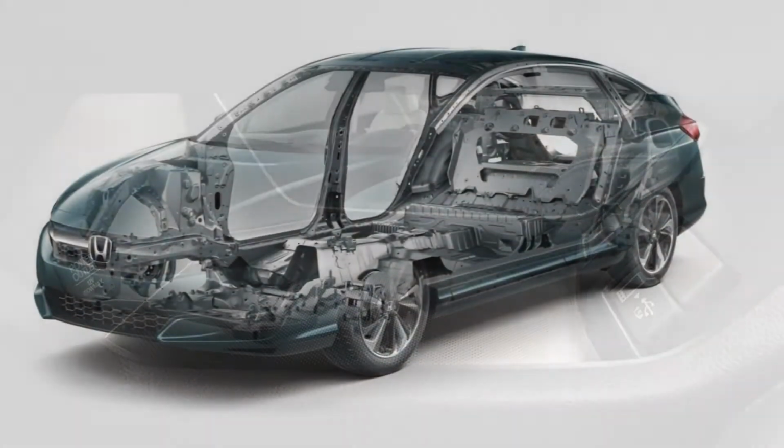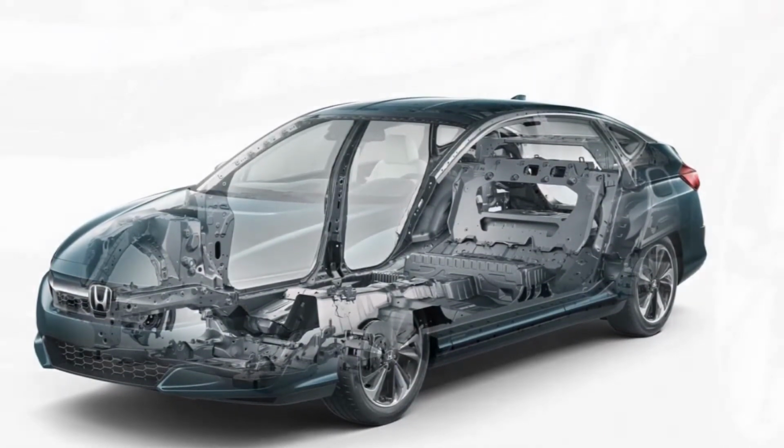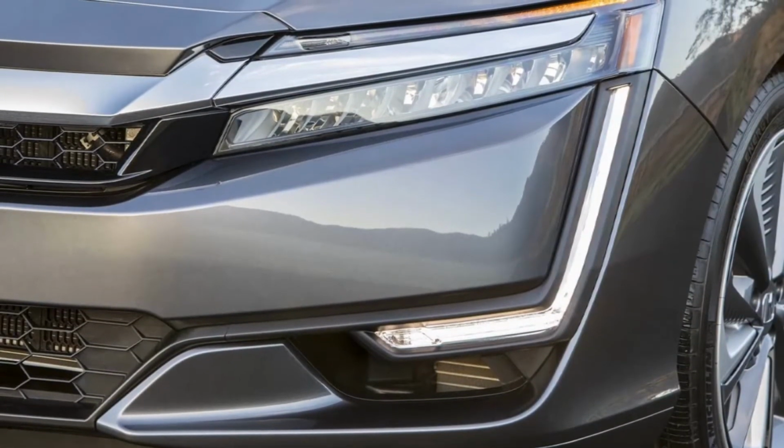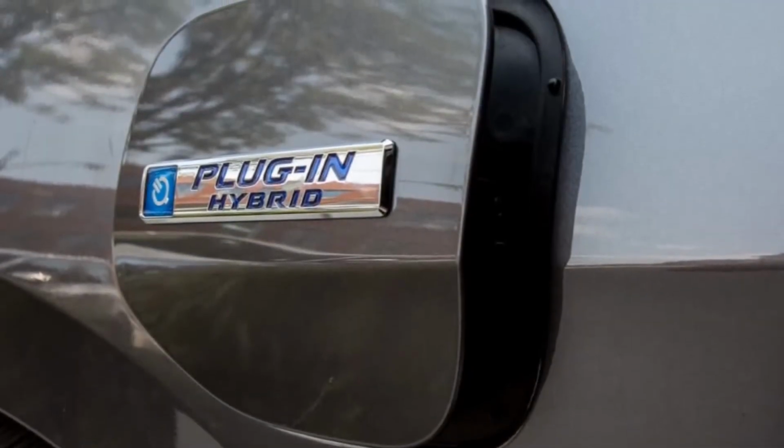With that in mind, we headed out to California's wine country to test Honda's successor to the Accord plug-in hybrid on the hilly roads surrounding Napa Valley. The Clarity PHEV comes in two trim levels. The base version starts at